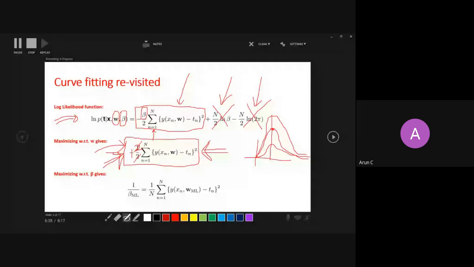So symmetrically, if this was your original function and you're doubling every number, this will be your new scaled version. And if you are taking a half of everything, then this will be your scaled version, but the maximum value will not change, right? Whatever the maximum value was for the original, it will stay for all scaled versions. So if you are maximizing this function with w,